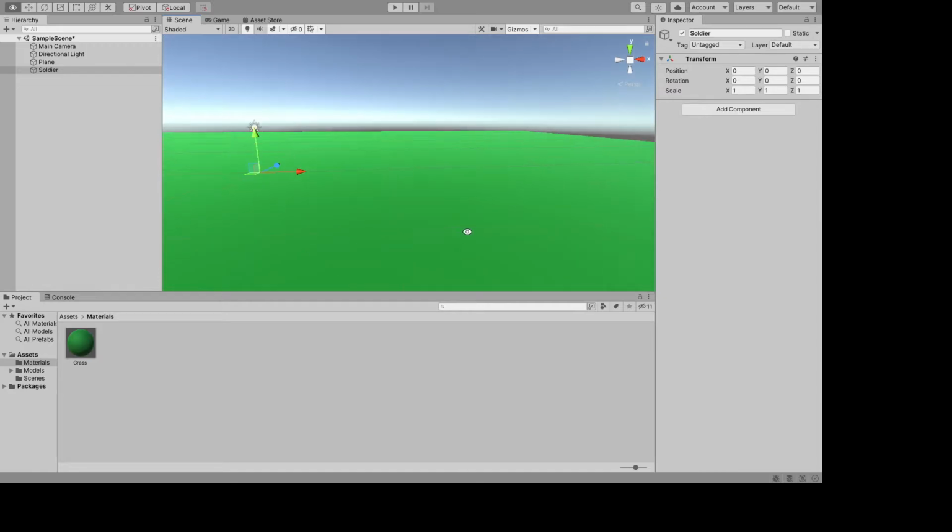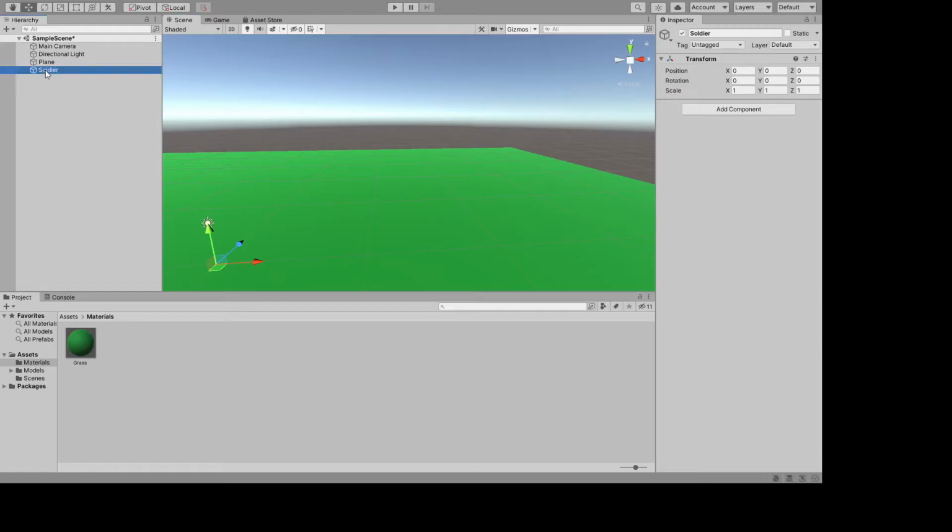I'm not an artist here. Eventually my 3D modeler is going to come in and do stuff, but I want to work on some layout before the modeler's done with her art. So I'm going to take my soldier prefab, and I think I'm just going to put a capsule in there. If I right click on my soldier and go down to 3D object and then capsule,